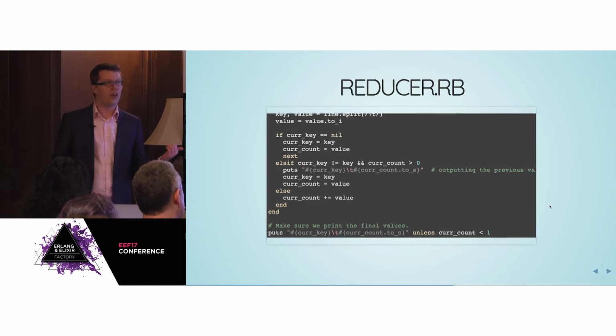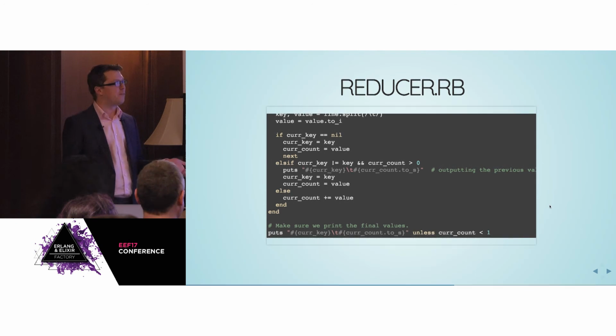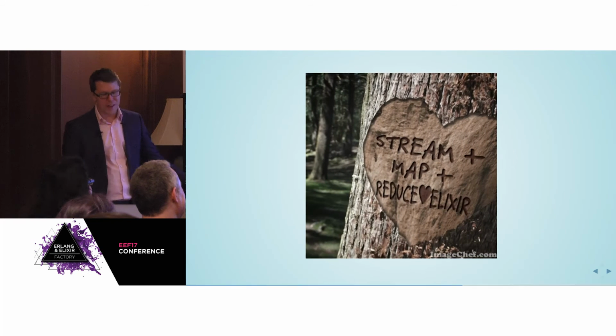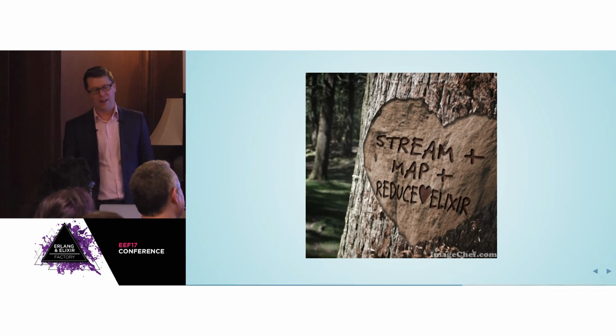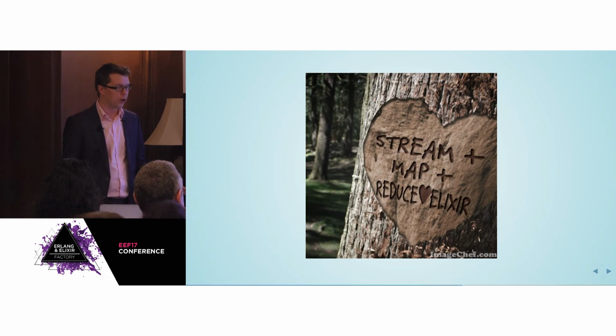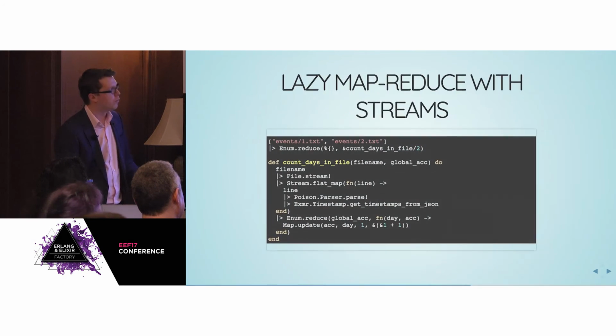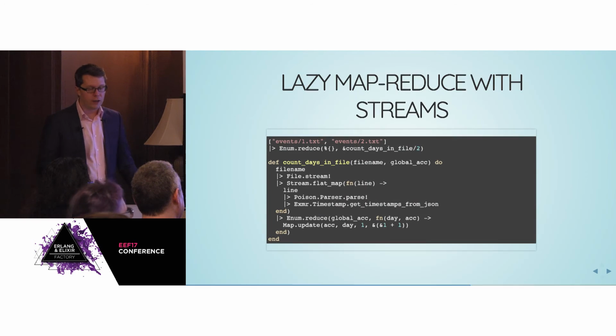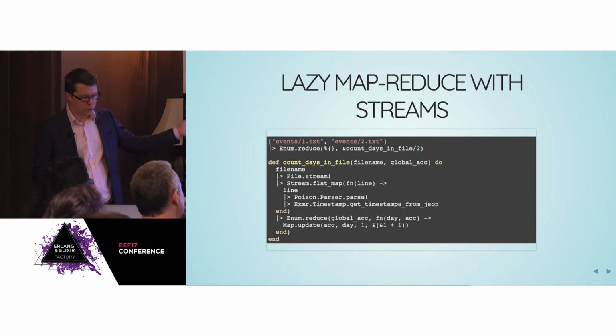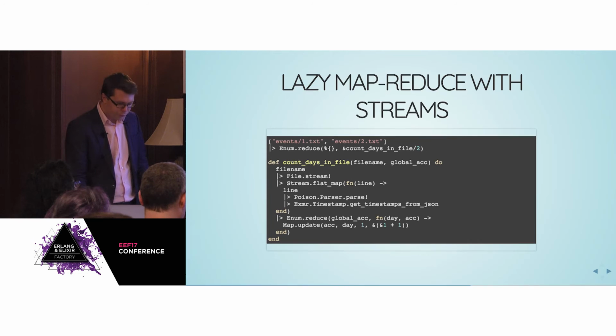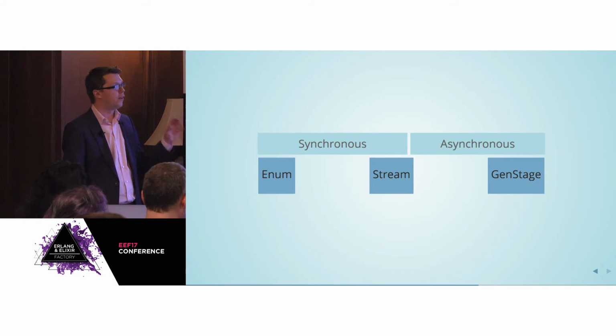Up on Elastic MapReduce, after 12 hours, it errors with no explanation. And I'm thinking there must be a better way to do this. I'm streaming, I'm mapping, I'm reducing. That all seems like stuff that Elixir is really good at. So the first attempt at this would be to lazy load the data using streams. This is almost the canonical example of how you would stream a file and do a MapReduce algorithm on it. It's very short, it's very simple, and works nicely. But we have better options than this now.